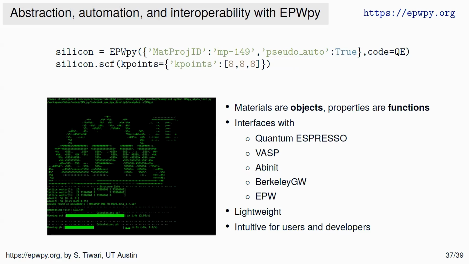So this is the result of this object that we call EPWPy. Essentially, the idea was to design a calculation so that a material is an object, and properties of these materials are Python functions on this object. Okay, and this allows us to go towards automation, reproducibility, metadata that can be released for others to use, and so on.